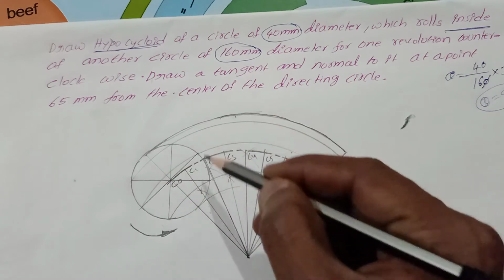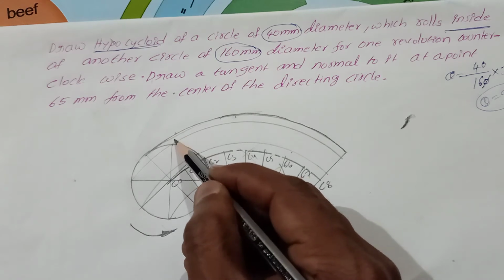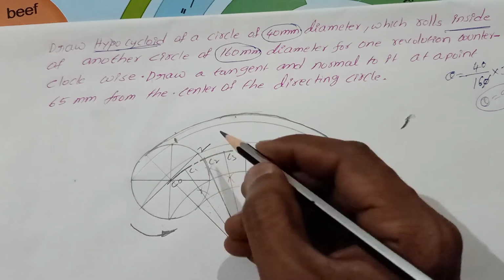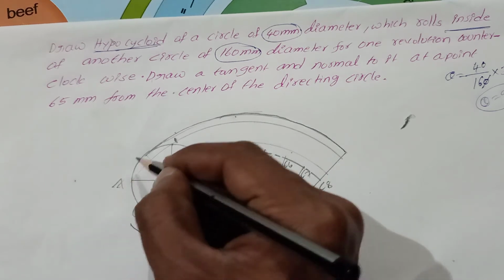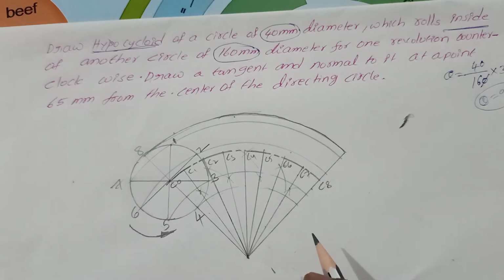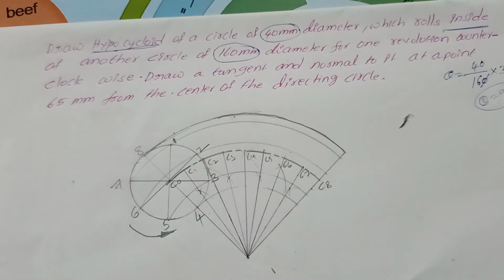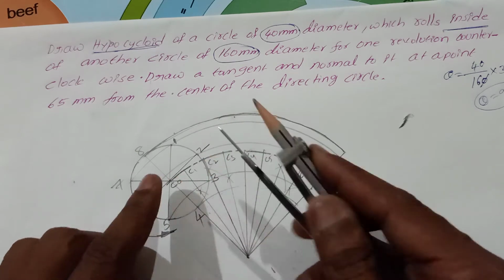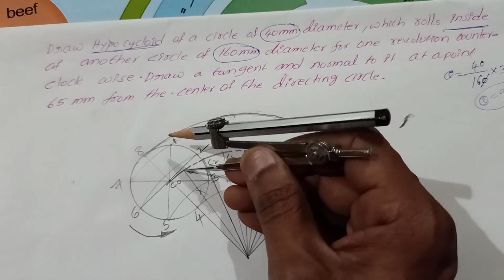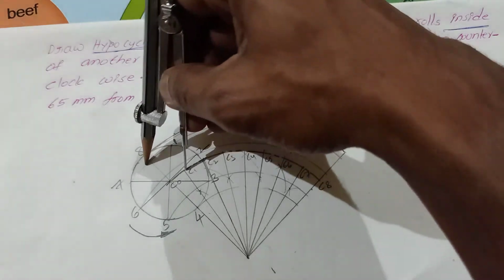When it is rolling like this, this point will touch the base first. So this point will be 1, this point will be 2, this point will be 3, 4, 5, 6, 7, 8. Now when rolling is started, if the center is at C1, then the remaining procedure is the same. First set the compass to the circle radius. Circle radius how much? 20. Follow the same procedure. From C1 cut the first line, the first curve. This is the first curve.